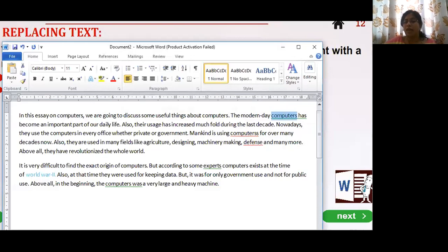See, otherwise what I had to do, I have to read this essay on computer, I have to click it computers. We are going to have to read each and every line and change the spelling there. It will become a big job, right? Now it is only 2 paragraphs, we are able to read it. But imagine it is a big 10 to 20 pages document, then it is difficult, right? So for that, find the spelling and replace it with the new spelling.